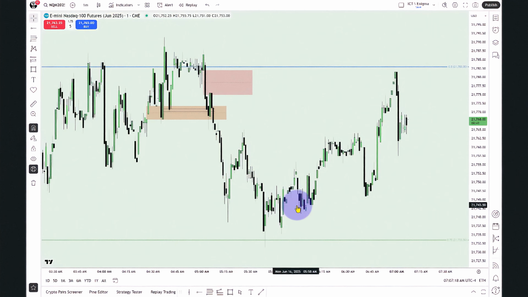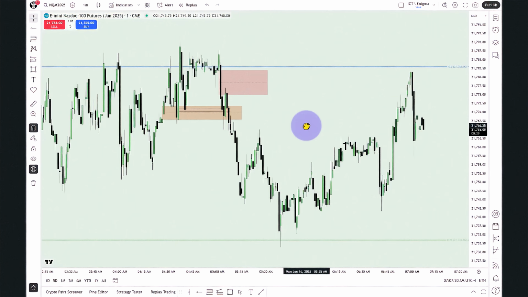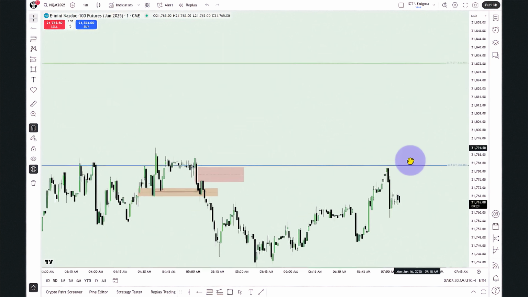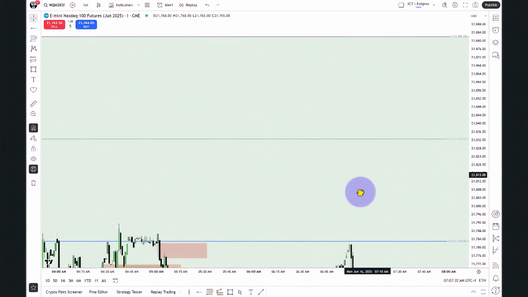All right, so we have the consequent encroachment level of that February 24th daily CIVI, and that's the upper quadrant, and then it's the high. See how we're working in the lower half?